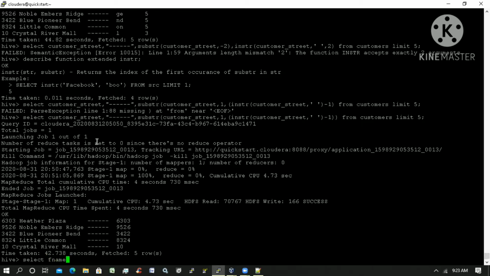Like first name, TRIM of, but here you can't observe that one. Why? Because spaces are not that visible. To make it more understandable, this is the TRIM, how we can use it.